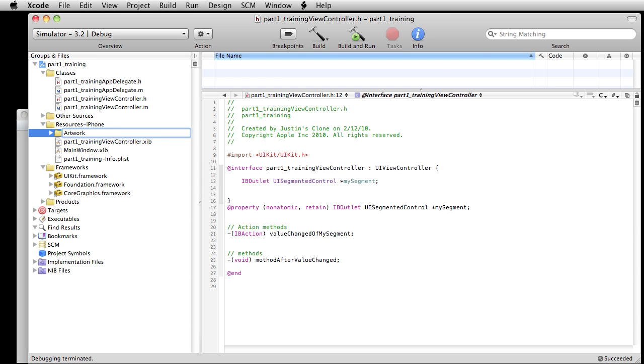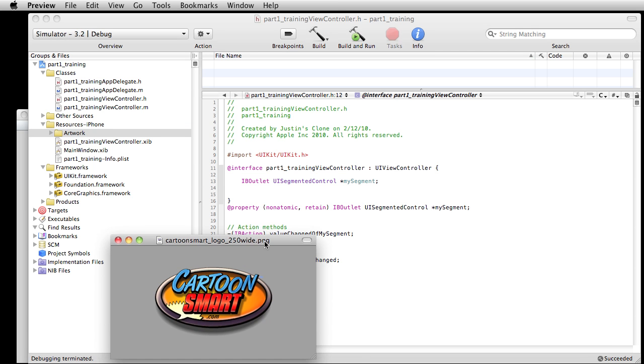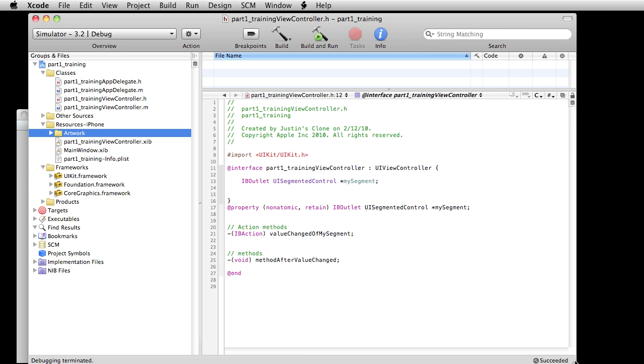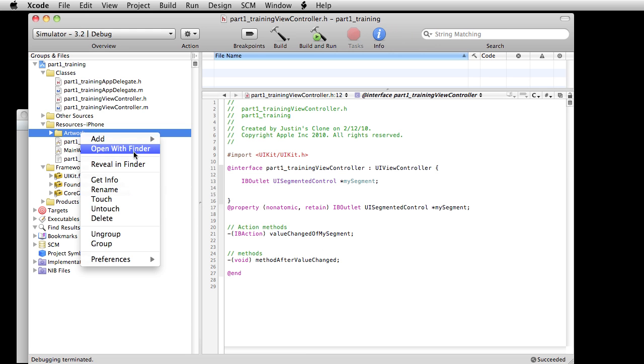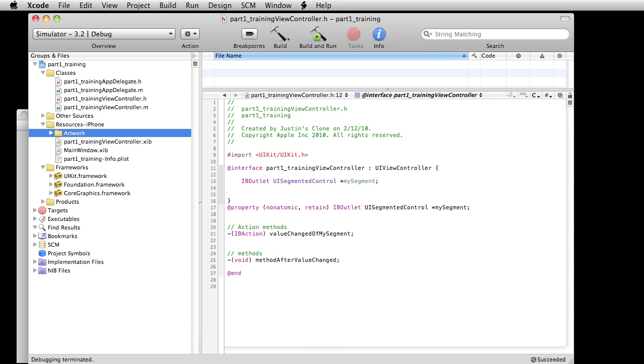Okay, so let's go find an image to dump in there. And what do you know? I found a Cartoon Smart logo on my computer. So let's go ahead and put that in there. You could right click and add new file like that. Usually what I end up doing is, wherever that file is on my computer, I just drag and drop it in there. So I'm just dragging it into that